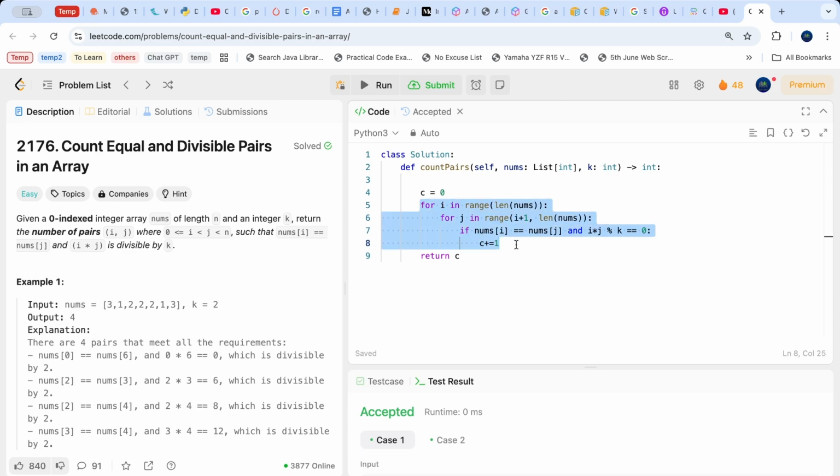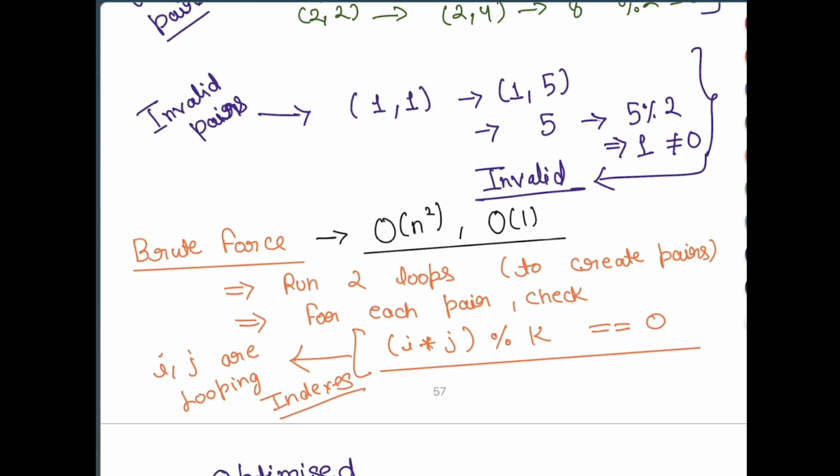And then we can come out of the loop and we can say return the value of c. And this is actually an accepted solution. If you submit this code, it is going to pass all your test cases. Now let me come back to the drawing pad and let me try to explain the actual optimized solution